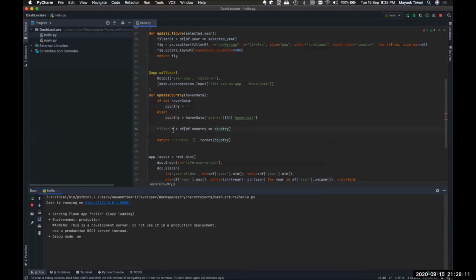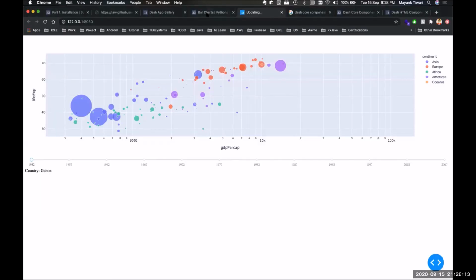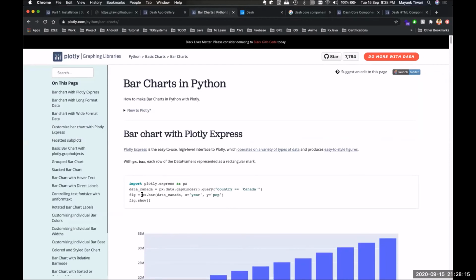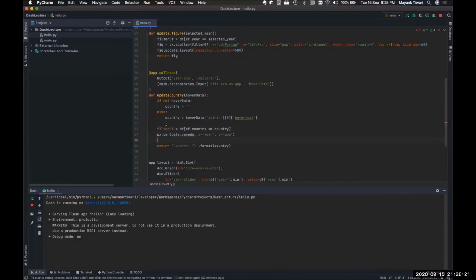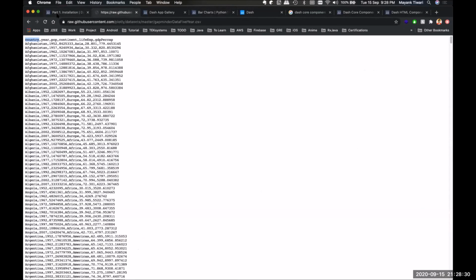And let's try to make a bar chart, right? So let's just see what is the syntax. So syntax looks like this, right? Plotly.bar, and then you have to give X and Y information. So the first parameter is your data frame. The second is X and Y, right? So I think we can have year as an X input. Yeah, let's just try this,